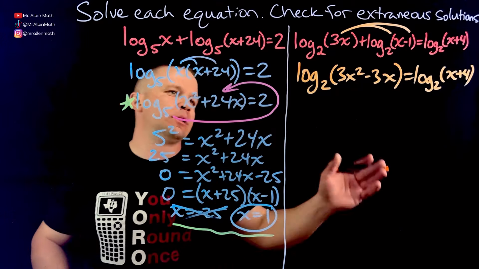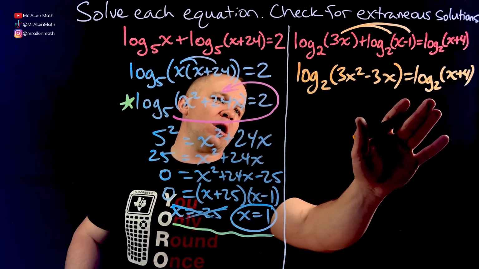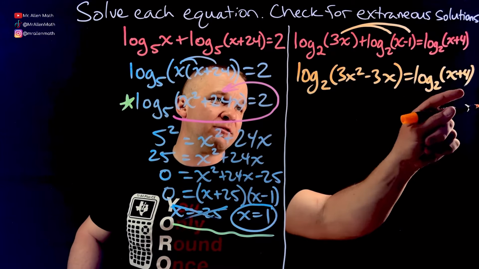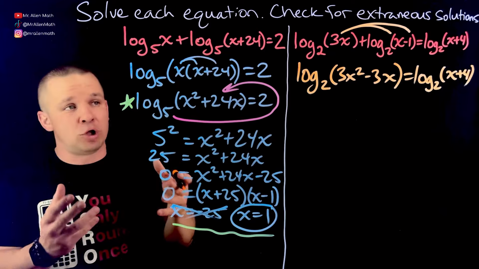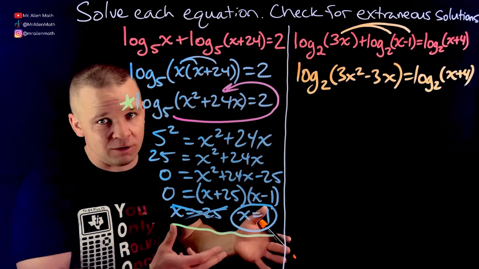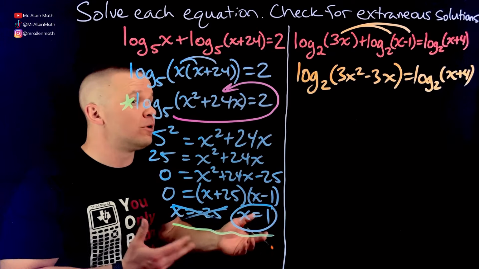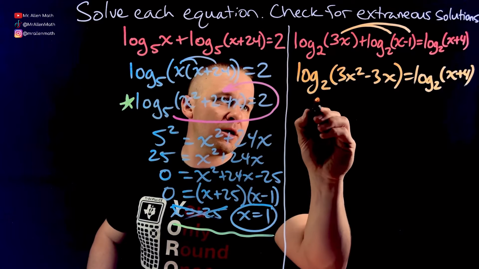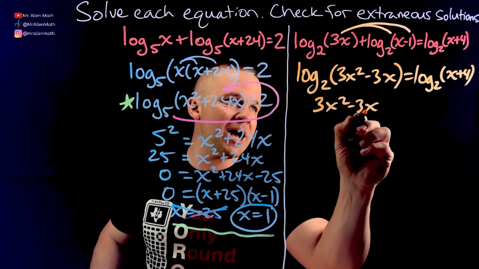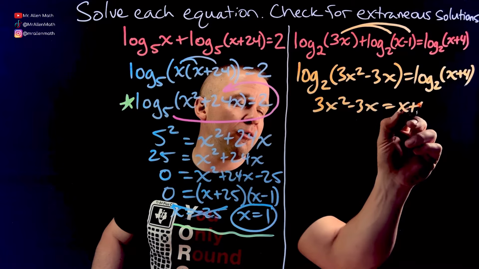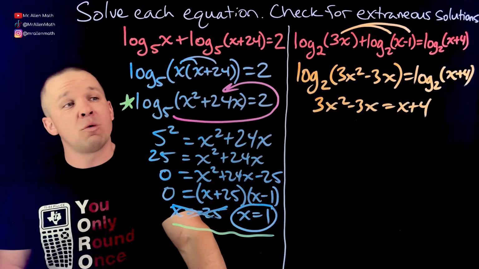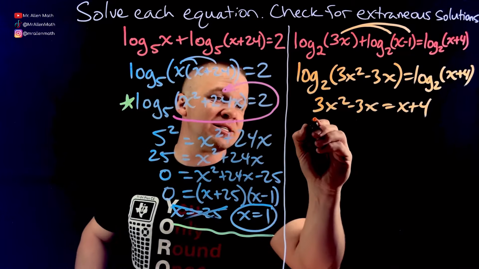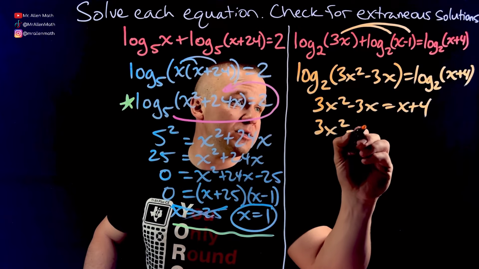Cool. Enough about that. Anywho, now I got log base 2, which means that my arguments would have to be equal, right? If it's the same log base and they're equal, the arguments should also be equal to make this true. So let's set it up. We got 3x squared minus 3x equals x plus 4. My goodness, we have ourselves another wonderful quadratic that I need to set equal to 0 and solve using factoring,